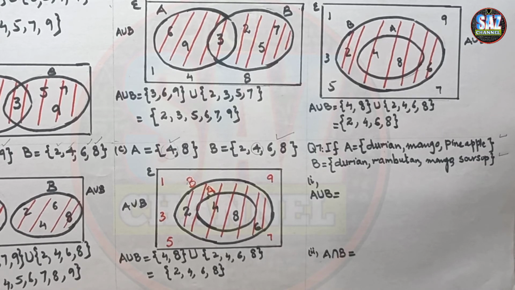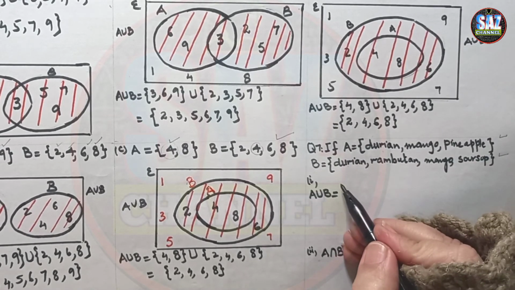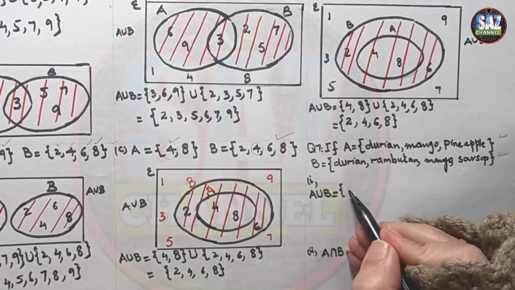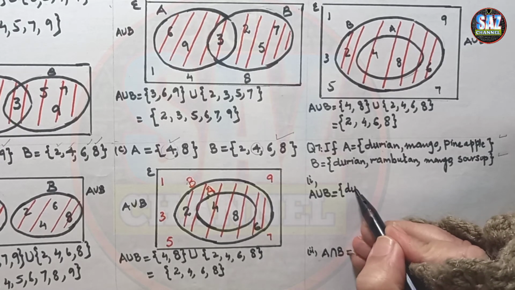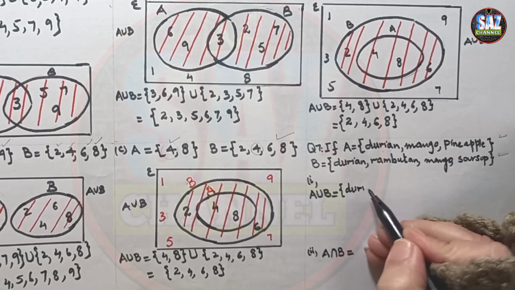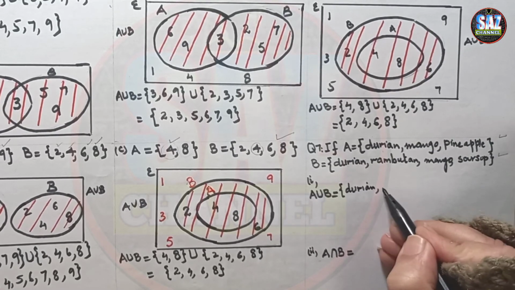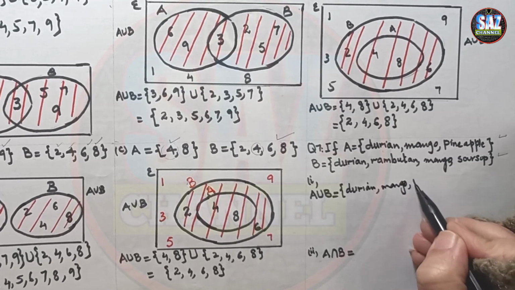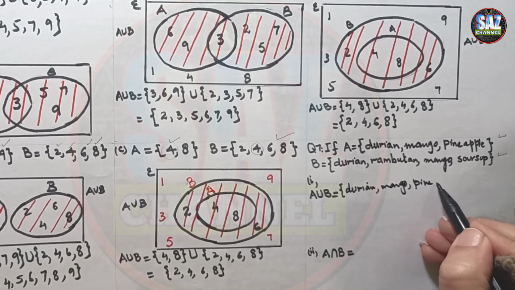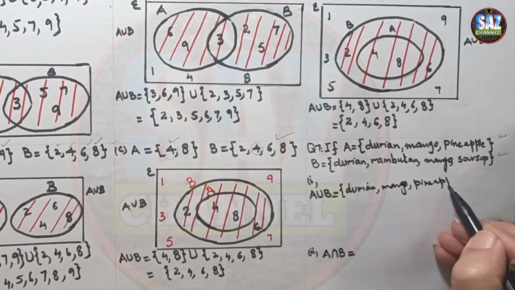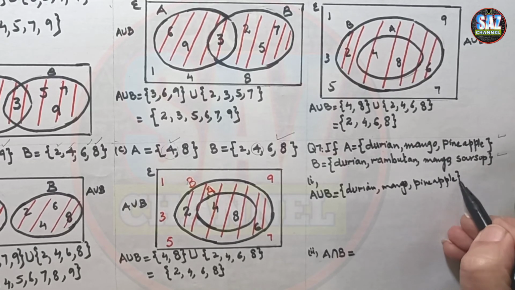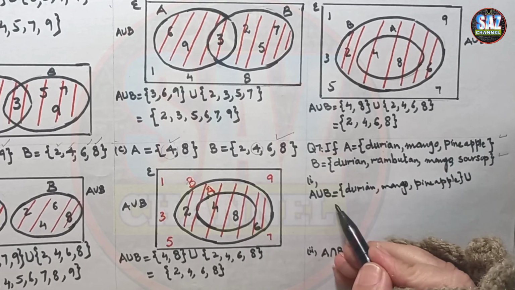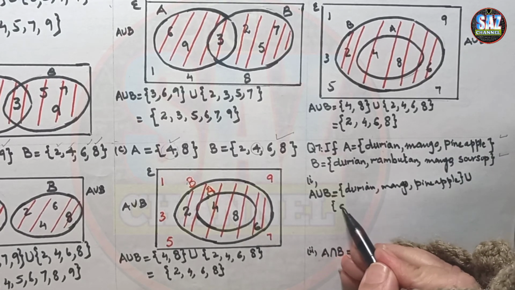For the union, first of all we have to write both the sets together. So durian, mango, pineapple, and now I have to write the elements of set B as well, and that is durian,